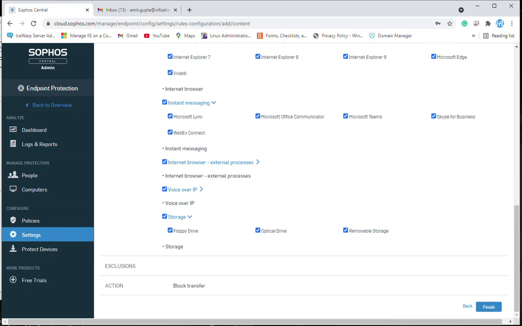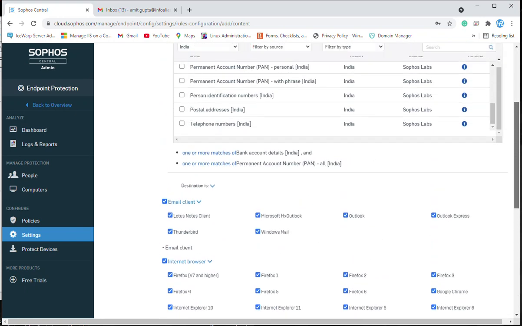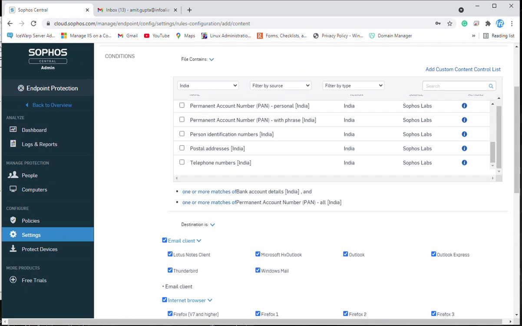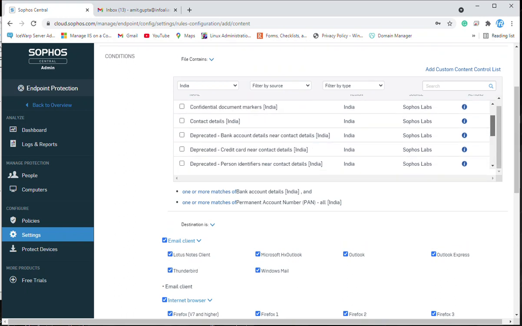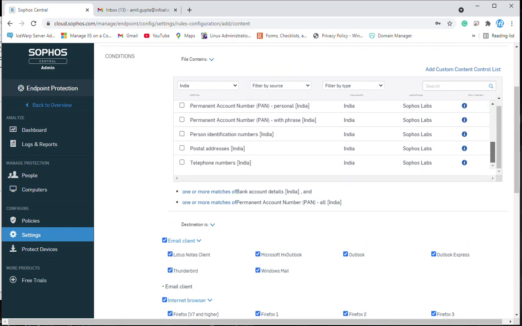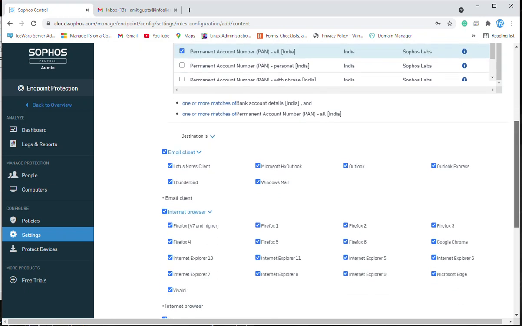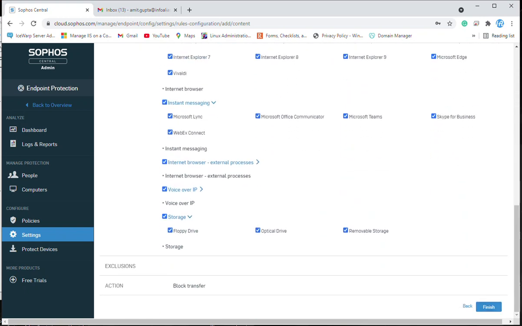Now the exclusion: because we haven't selected any exclusion and we have selected the action block transfer, we just need to click on finish, or you can go through the complete conditions. If you want to add any other conditions, you can add multiple conditions over here as well. And now we are going to click finish.